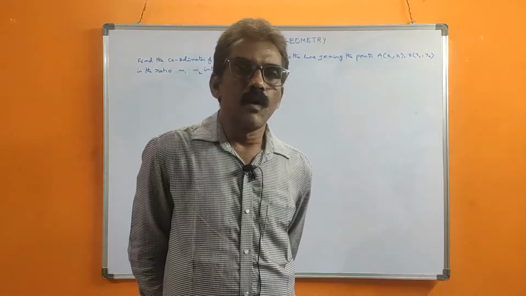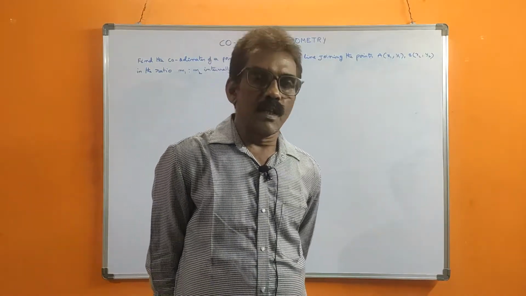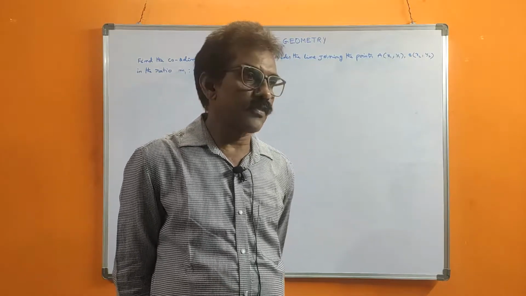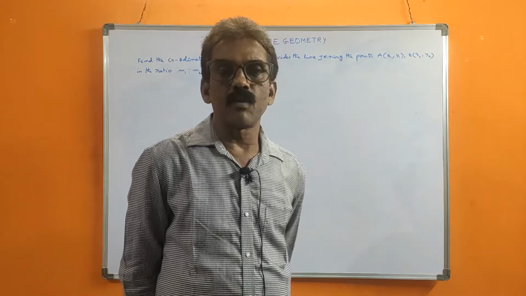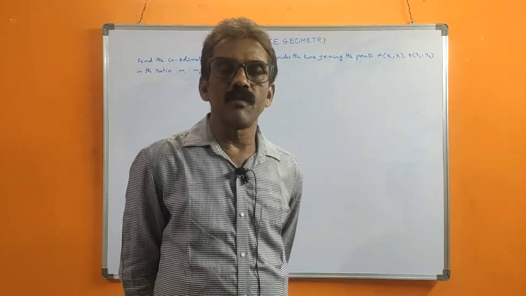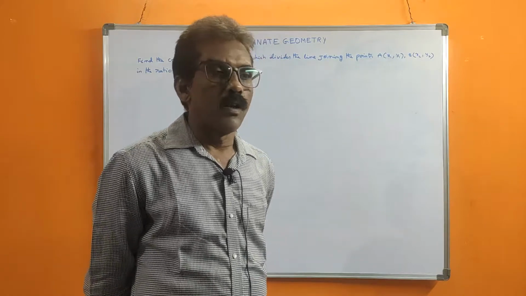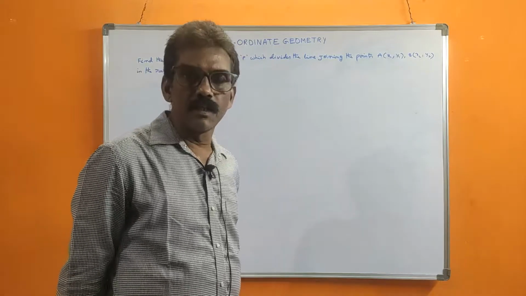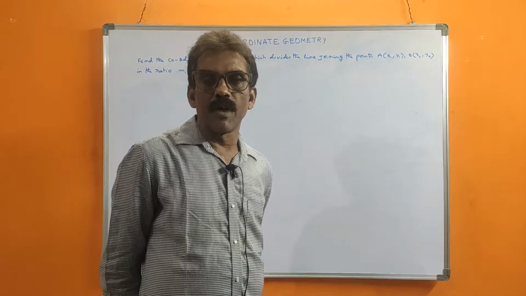In the last video, I explained the formula. I derived the formula to find the distance between 2 points (x1, y1) and (x2, y2). The formula is the square root of (x2 minus x1) whole square plus (y2 minus y1) whole square. That is the formula for the distance between 2 points, or the line joining the points. That means the length between the points.